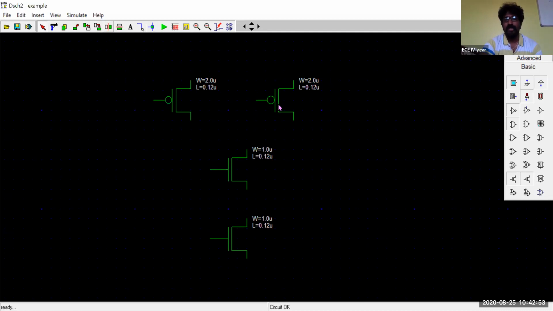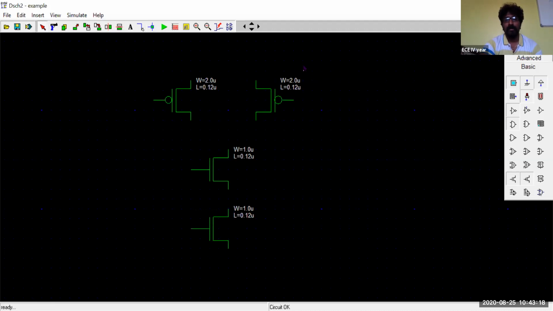So for that, I'll flip this one so that the gate terminal comes to the right part. It will be a completely vertical flip. I'll select this one and click on this option. It is a vertical flip, and click on this transistor. Now it becomes the fashion in which we have drawn the circuit manually. Now by using the wire connection, you can make the wiring connections of these transistors. Connect both the source terminals and also connect both the